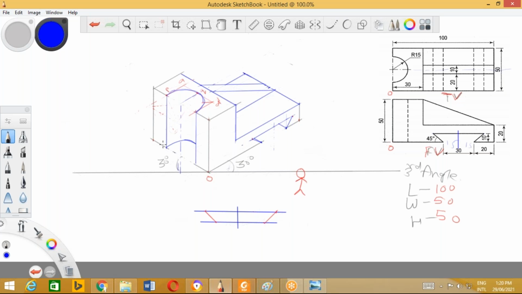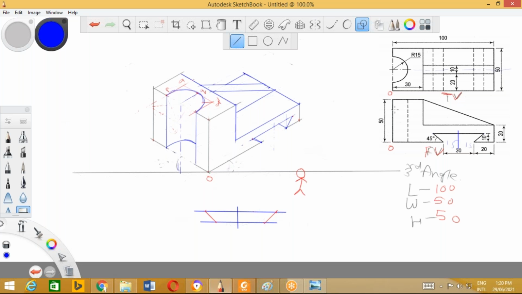Done. Now what is remaining over here? Only the dimensions are remaining. Everything given in the front view and the top view, we have utilized it and we have drawn the full curve, the full isometric view. So only dimensions are remaining. I'll show you exactly how the dimensions are to be given.